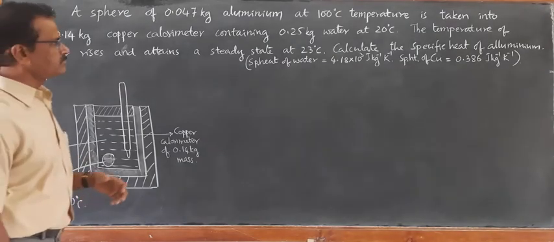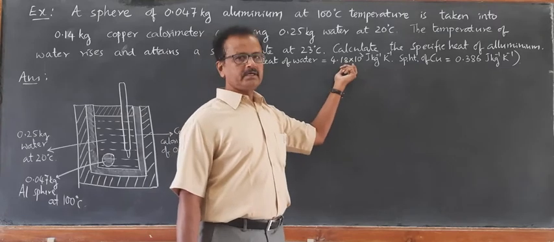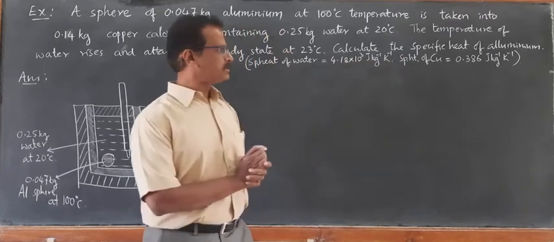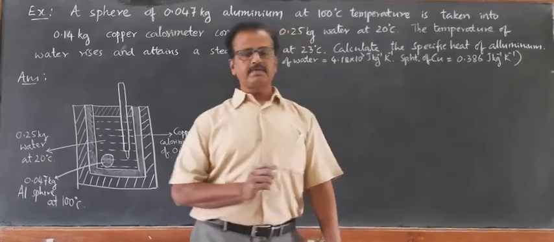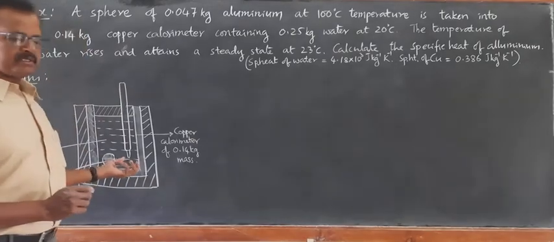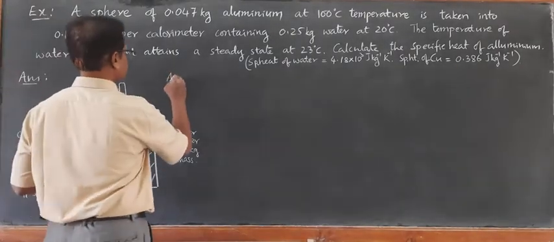What is the specific heat of aluminium? The specific heat of water is known: 4.18 times 10 raised to 3 joule per kg per Kelvin. The specific heat of copper is 0.386 joule per kg per Kelvin. With this data, you are asked to calculate the specific heat of aluminium. Okay, at steady state,